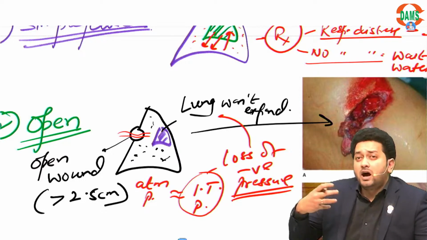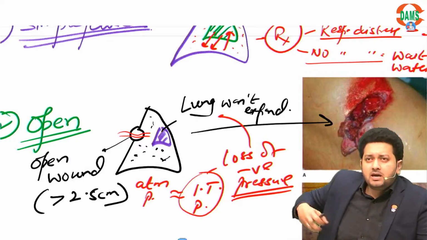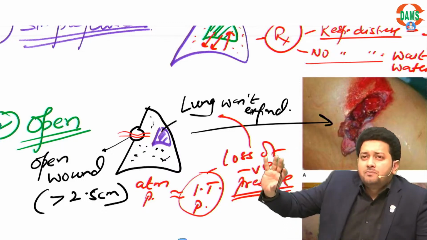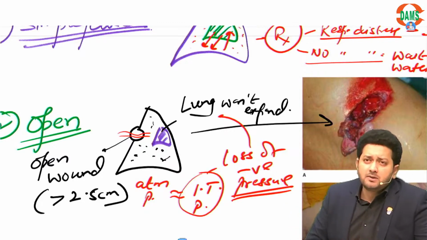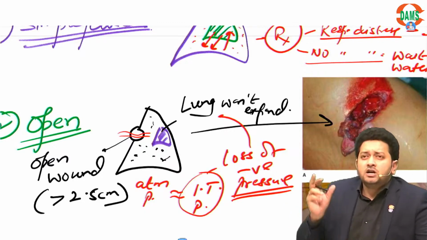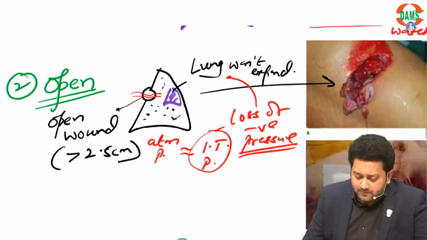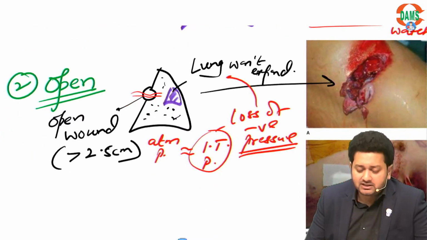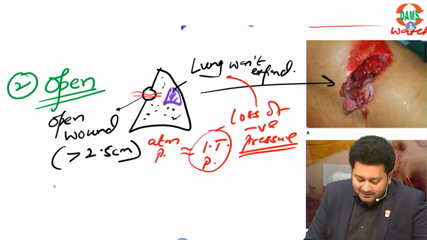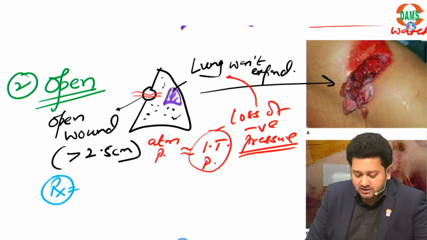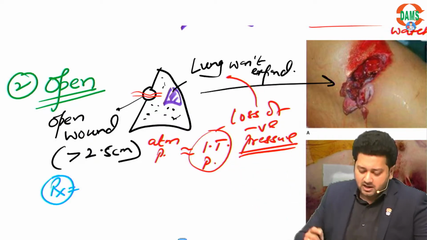It cannot push the air out, although there is an opening there through which the air can go out, but that will go out only if the lung expands, and it is not expanding because there is loss of negative pressure. So this is a kind of emergency. This is much more dangerous as compared to a simple pneumothorax. Okay, so that's why in these cases the immediate management, the moment you see the patient, what you are supposed